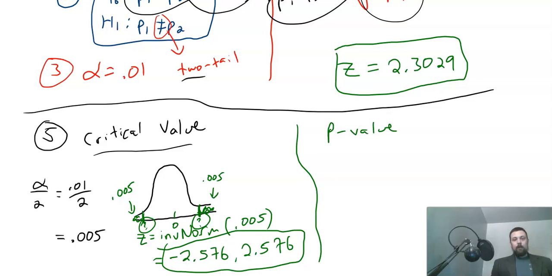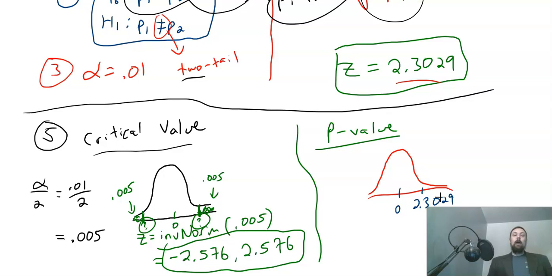Now for the p-value, we take the test statistic, which is this. Sorry, I don't know why I did such a bad job underlining it. And we find the area that corresponds to that test statistic. Zero's in the middle. This is positive, so it'll be closer to the right tail, 2.3029. And when it's a two-tail test, you find the area to the closest tail. So this test statistic is closer to the right tail, so I find the area to the right by doing